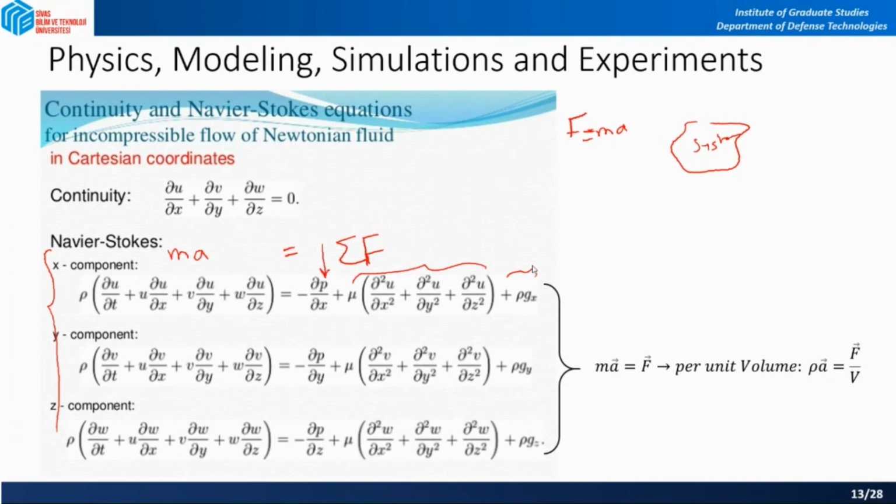These are the forces that are applied. How can you force the fluid? We said pressure difference, friction, and also body forces like gravity, electromagnetic force, etc. And if you force the fluid particle, Newton says that its momentum should change. This is how we describe fluid motion. You know that for Navier-Stokes you have the continuity plus